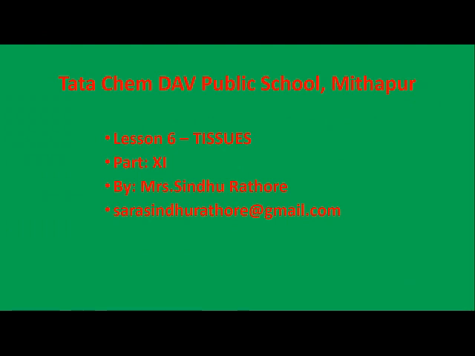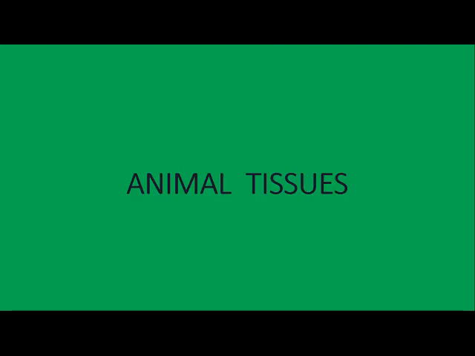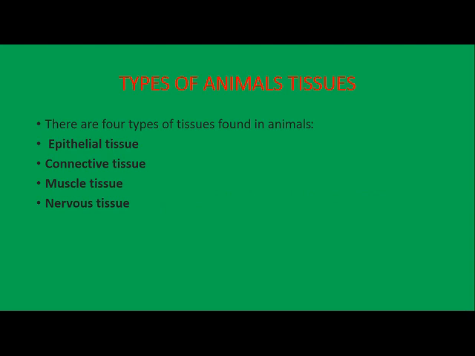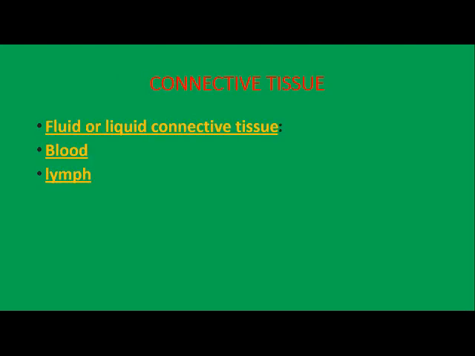Children, right now we are studying lesson number 6, tissue, and today is the 11th part of the lesson. Just to remind you, we have already finished the plant tissues and right now we are studying the animal tissue. I told you that animal tissues, broadly, based on their structure and function, can be classified as epithelial tissue, connective tissue, muscle tissue, and nervous tissue. So, children, right now we are studying the connective tissue. Now, we were discussing the types of connective tissue.